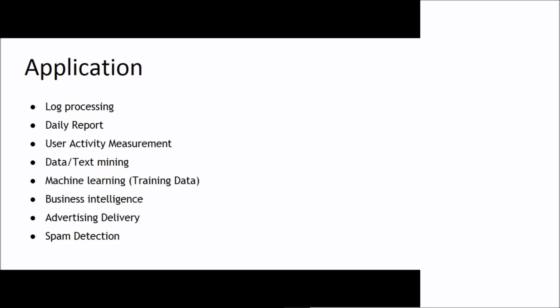Fine. Applications you were asking. So Hive, Pig, MapReduce, we can have these. Whichever field of business I see, these tools are used. You can name any. Everywhere these are being used. But just to list out: log processing, as there is a lot of log data, these tools are being used. Daily reporting we can use. User activity management, data and text mining, machine learning, business intelligence, advertising, spam detection. So these are certain areas where your Hive can be used, your Pig can be used, and obviously MapReduce can be used.